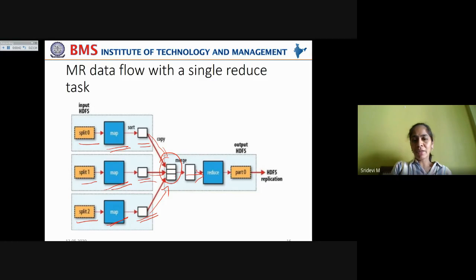Now all this data is merged together and given as input to the reduce phase, which gives you the final output, which has to be written with HDFS replication, following the default replication factor of 3. It means the output of the reduce phase has to be maintained in 3 replicas. Three copies have to be maintained.